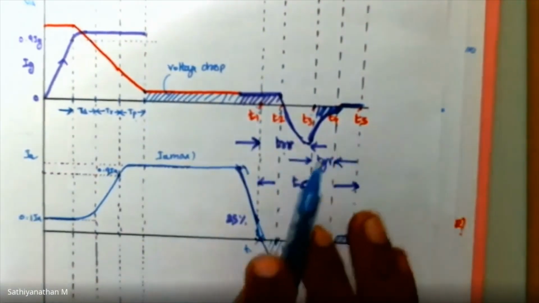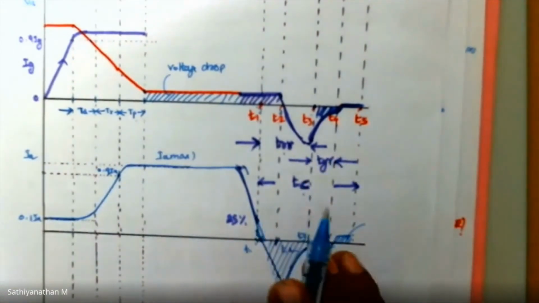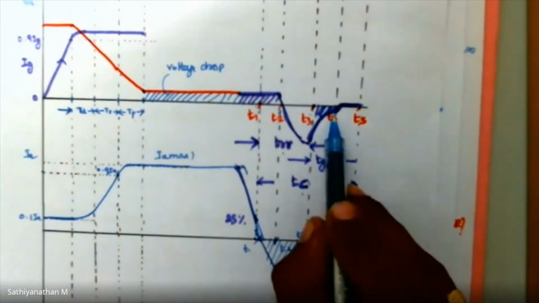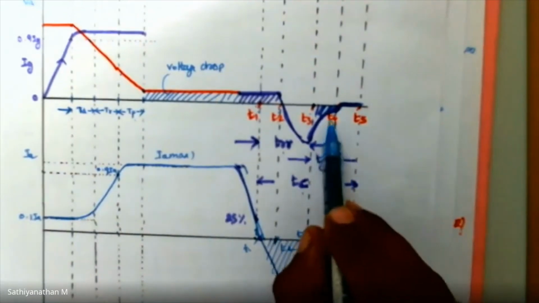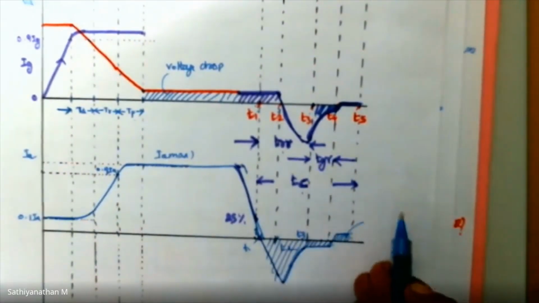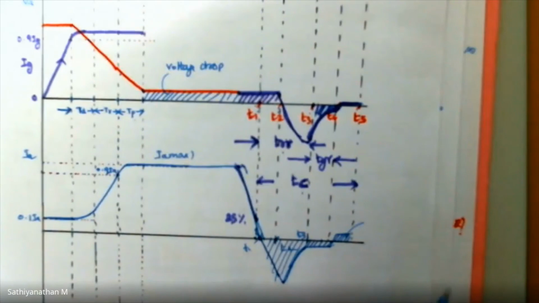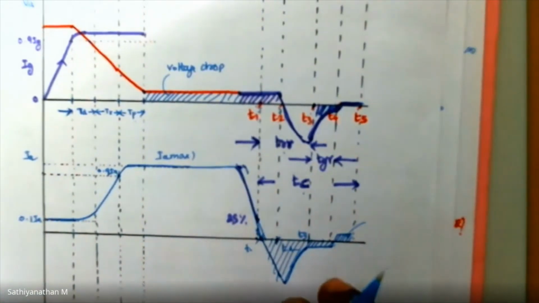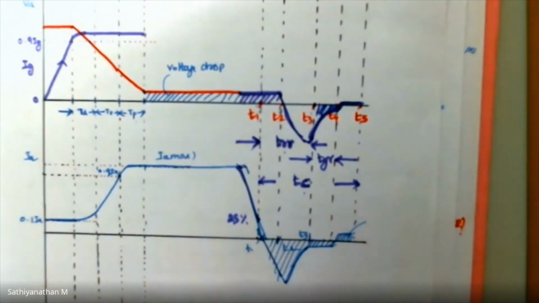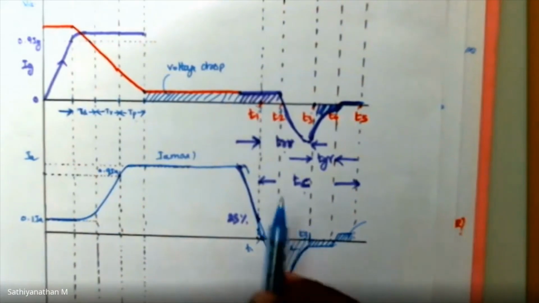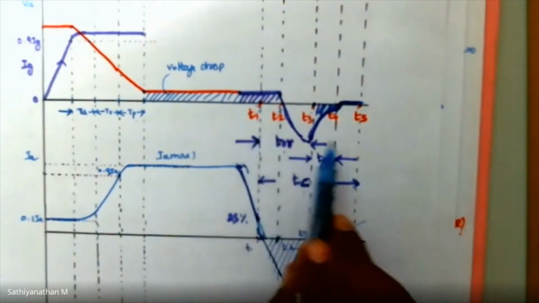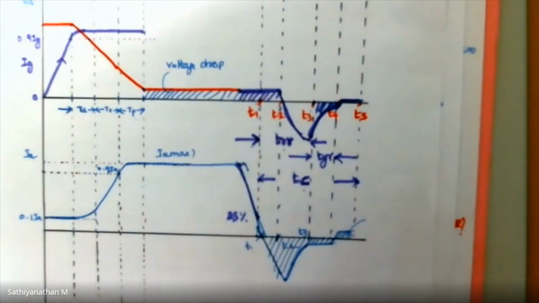It looks like a diode characteristics, reverse recovery characteristics of a diode. But in SCR, you have one more terminal called gate. So we are providing one more time duration at which the electrons and holes, that is majority charge carriers, recombine at junction J2. So the time delay is called TGR, gate recovery time. If you add all the time periods from T1 to T5, you will get the entire circuit turn off time. So in the circuit turn off time oda